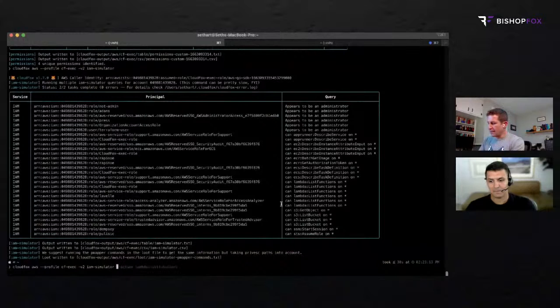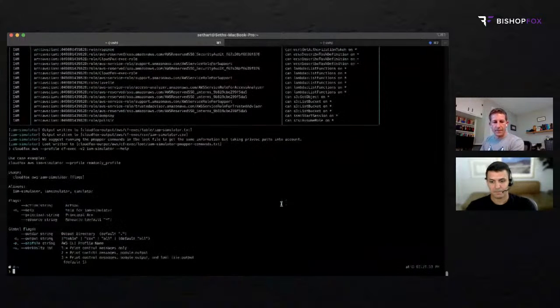I'm going to run the help command. We support flags that you can give it to narrow it down. So you can say, for every user and every role, can they do a particular action? Or how about, can one particular principal do this list of hard-coded, interesting permissions? And lastly, you can even hard-code it and say, can this user do EC2 describe instances on a particular